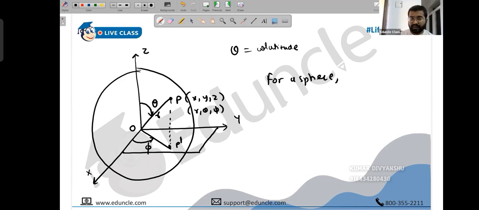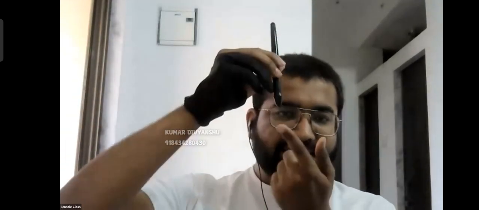For a sphere, which is usually our atom, what are the limits of theta and what are the limits of phi? Let's understand that. I need you to imagine this. How do we draw a sphere basically? Suppose you have a point P on the z axis. Let's say the tip of the pen is the center, and this is point P. Now if you rotate point P, the angle that it makes with the z axis is theta, correct? We just learned that the angle you make with the z axis is theta.